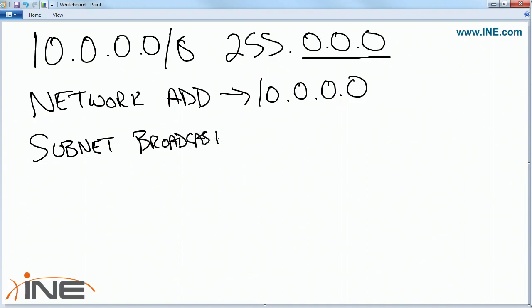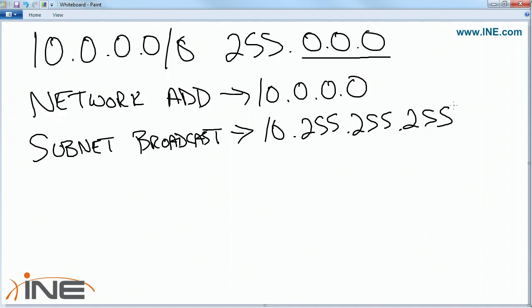The subnet broadcast is going to be when the host field is all ones. So this would be 10.255.255.255. So here it's kind of straightforward to read because the subnet mask is a nice round number. But as you start to create more subnets, this is where it can get a little bit confusing, and you need to basically manually calculate what's supposed to be the network address for that particular host, and then what would be the last value, the subnet broadcast. So then if we were to split this into two networks,